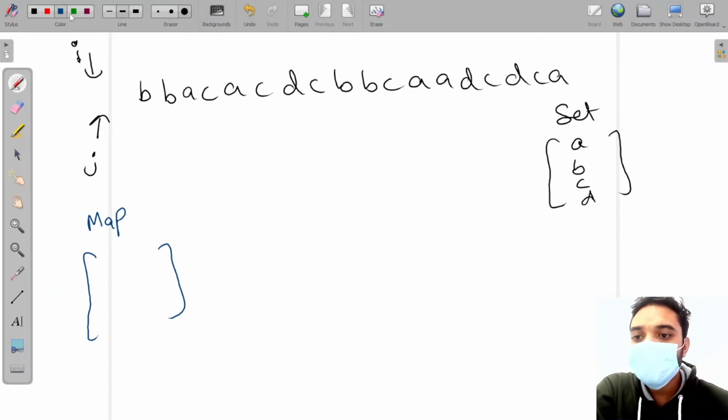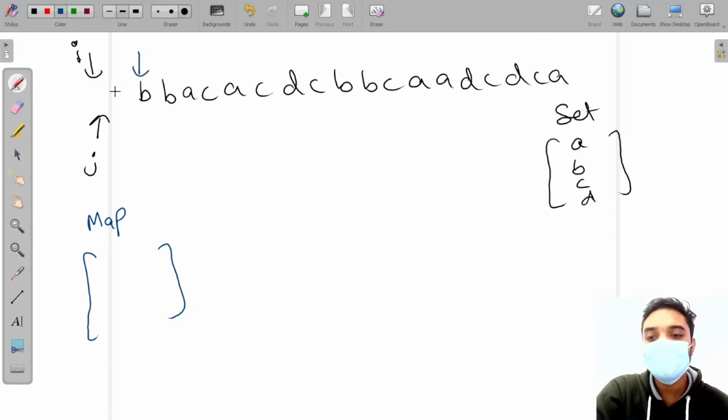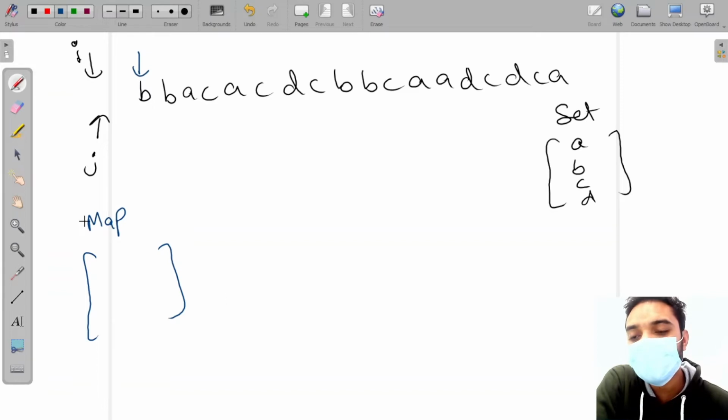Initially I am going to iterate in this string by using i. Firstly, I have to add all the characters until my map size is equal to my set size. You will get it after this, why I am doing this.